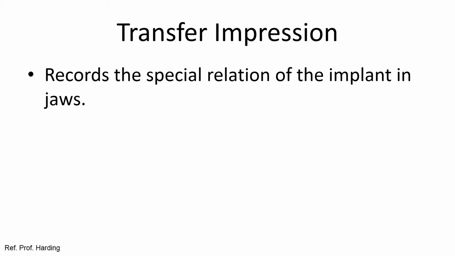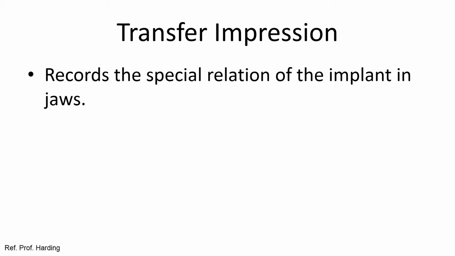Pretty much the same thing for a transfer impression, except in this situation we're not concerned about recording a preparation. We are really about transferring the spatial position and relationship of the implant in the mouth to the laboratory so that they can produce a model with the implant in that model in the same position